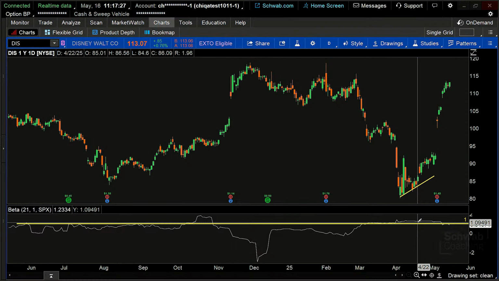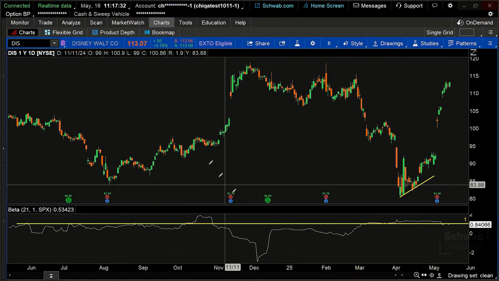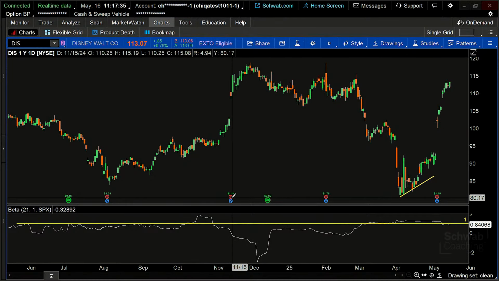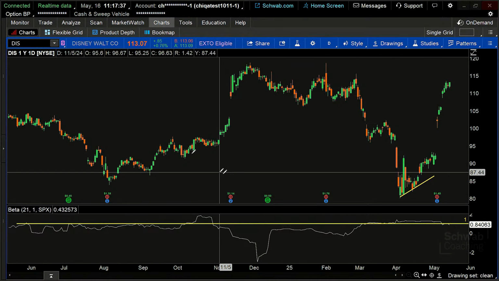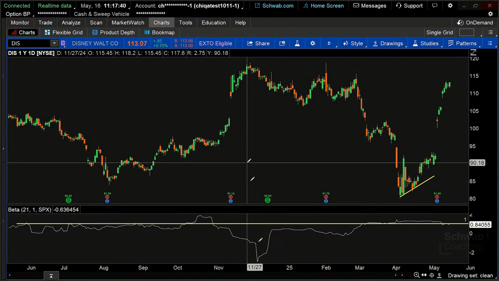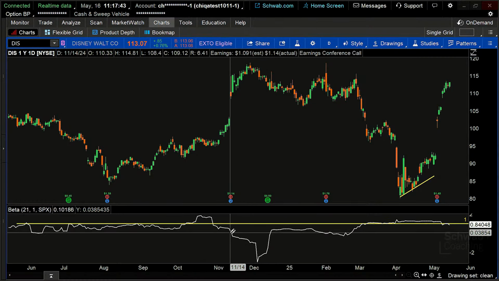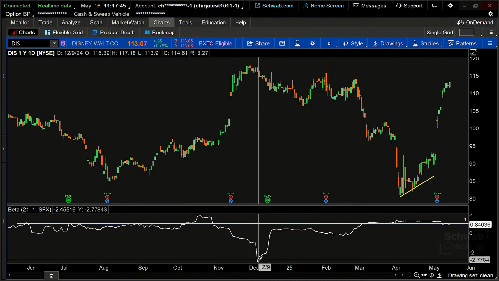That's interesting in the sense that what happened here in December? Well, holy cow, look at what was going on with the stock. We had an earnings announcement. It had a gap up. It had this big solid run to the upside, and yet its beta was dropping. In fact, its beta in this particular case went down to minus 2.9, so I will round that to minus 3. So that would mean that it was 3 times less volatile than the market as a whole?